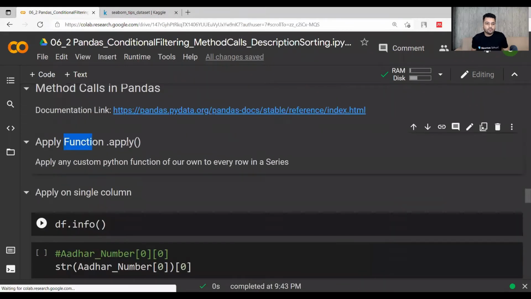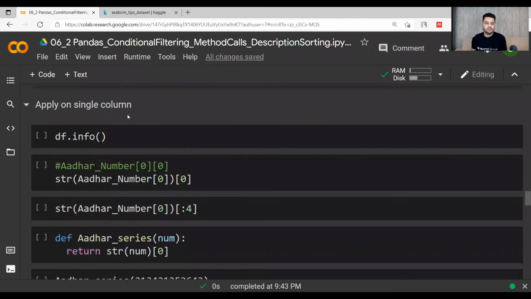So let's use this apply function. Generally, the apply function helps us use a custom Python function over a series or a data frame. If I make my own custom function, I can pass a value and get an output for it, if I pass one or two values or maybe in a for loop. But when we talk about a data frame, there are multiple columns, and let's say we need to apply that single function over a full data frame. So let's say we do it on a single column.